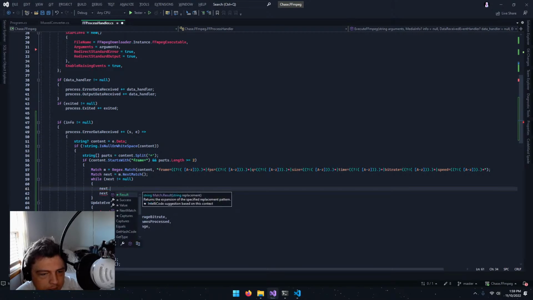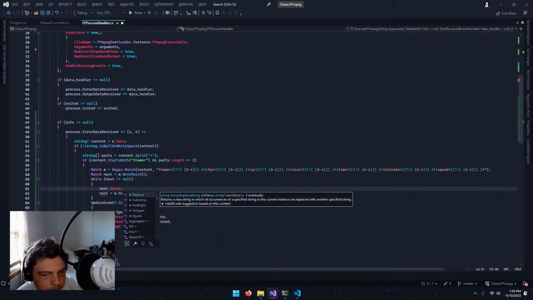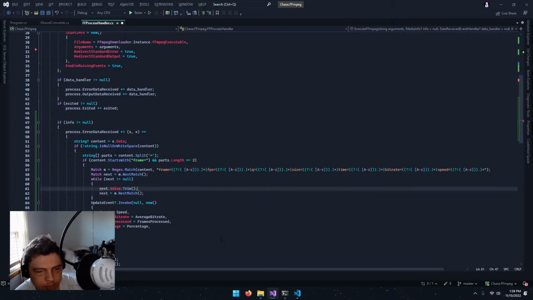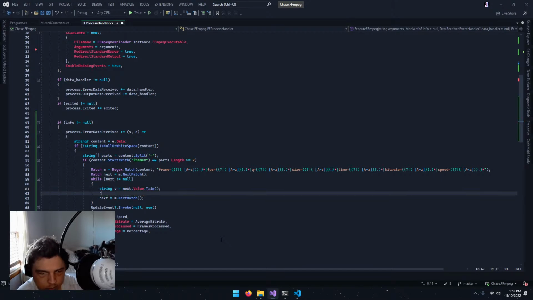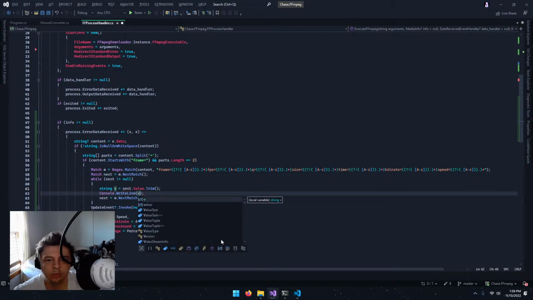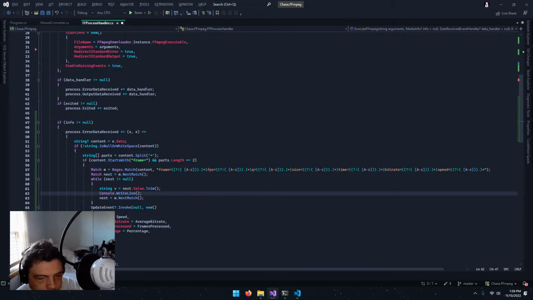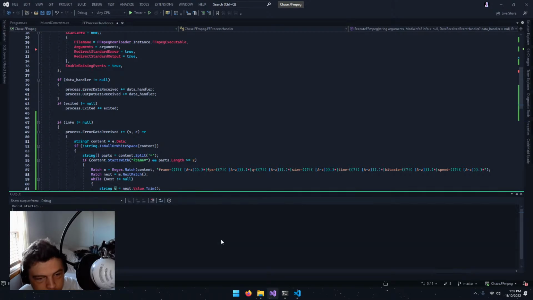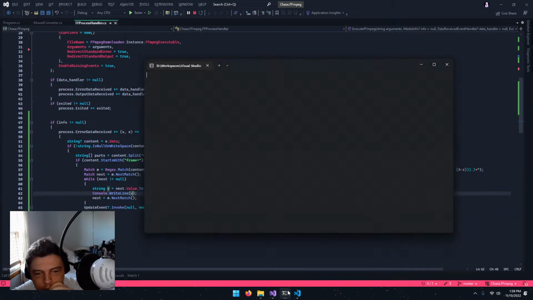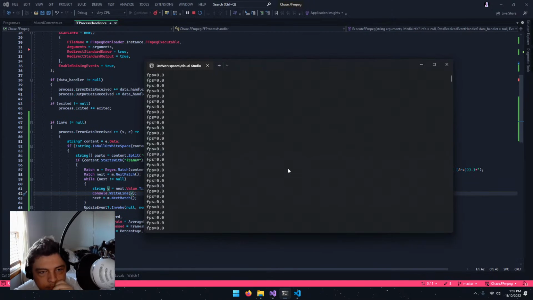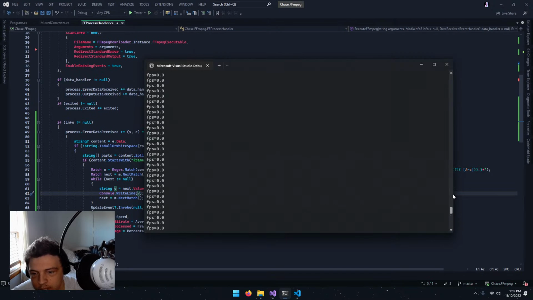What? Yeah, that's to replace. Oh, value. There we go. Yeah, sure. Quite curious to see. It immediately crashes. Whoops. Or it returns. Well, you got FPS,